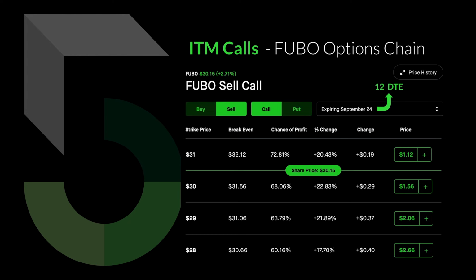All right, so here is the screenshot of the options chain for FUBO, and you can see at the time that I took this screenshot, it was 12 days until expiration for the September 24th option. So we're looking at between 1 and 2 weeks of time still left in this option, and you can see that the current price for this stock is